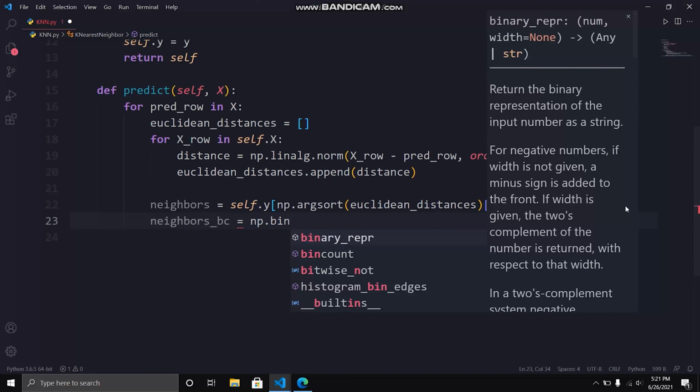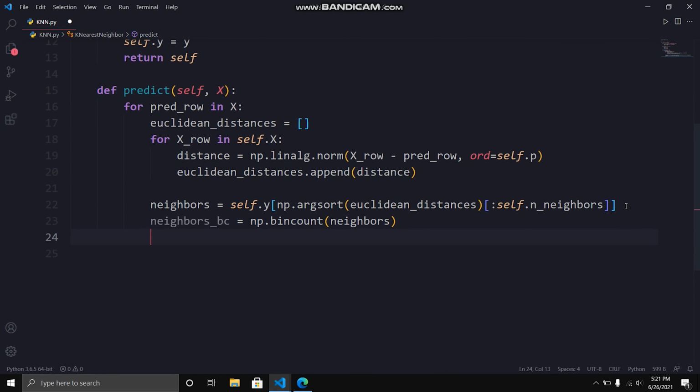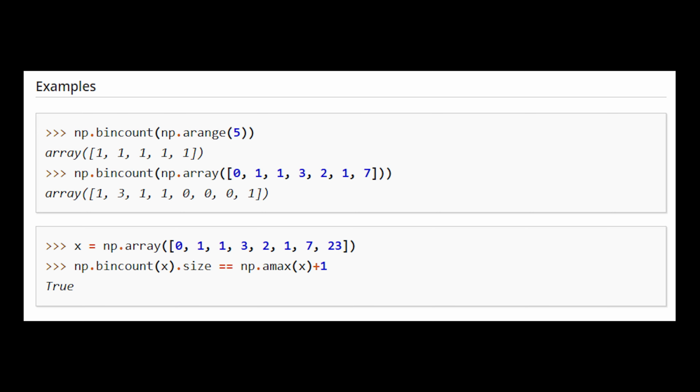Now we will check the class of these points, as ytrain contains the class of these points. After this, we have to check which class the majority goes to. To check it, we will use numpy bincount. Bincount calculates the number of occurrences of each value in the array. You can see it in this example. So now, when we have the occurrence of each value, we can calculate which class the majority goes to, which will be done by numpy.argmax. It will return the index with the highest value.